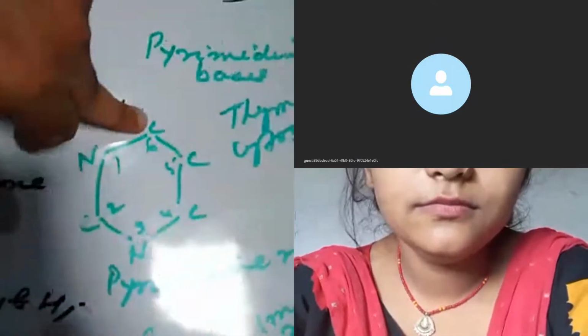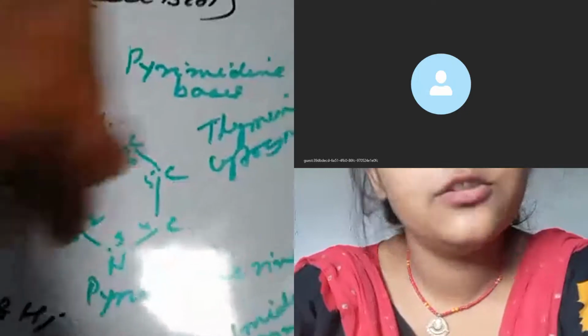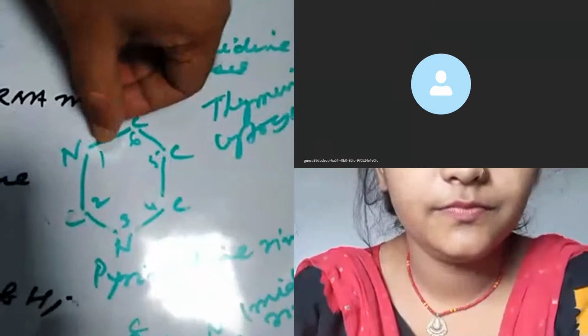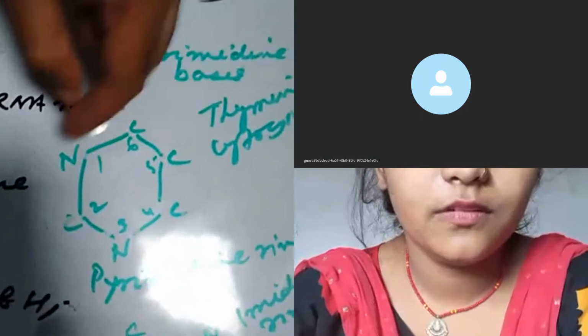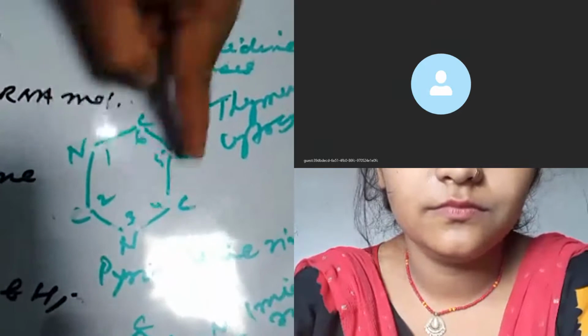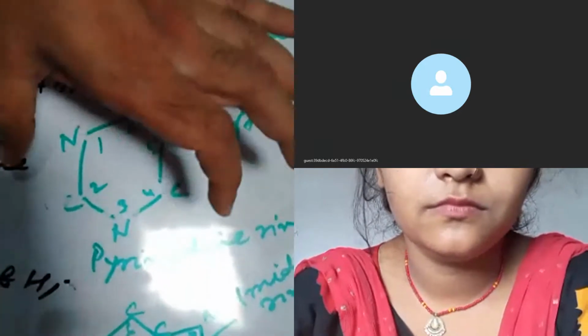जहाँ देखो यहाँ पर कार्बन है, यहाँ कार्बन, यहाँ कार्बन, यहाँ नाइट्रोजन, यहाँ कार्बन, यहाँ नाइट्रोजन। तो इस रिंग को पायरीमिडीन रिंग कहते हैं। और इस पायरीमिडीन रिंग का नंबरिंग कैसे करते हैं? How is this ring numbered? Starting from this point, the positions are 1, 2, 3, 4, 5 and 6. तो इस तरह से पायरीमिडीन रिंग,